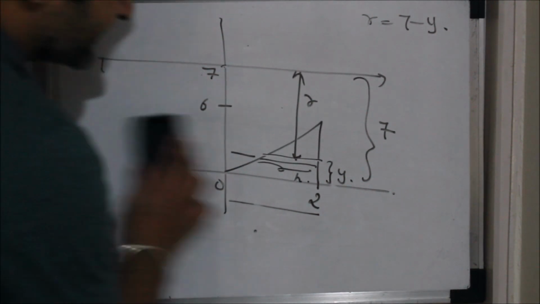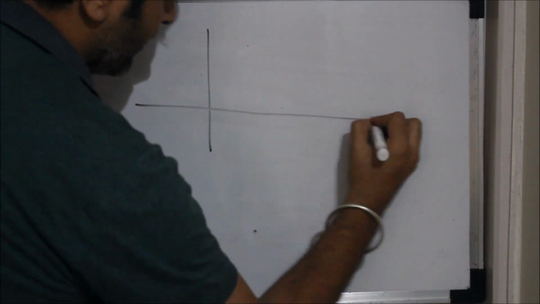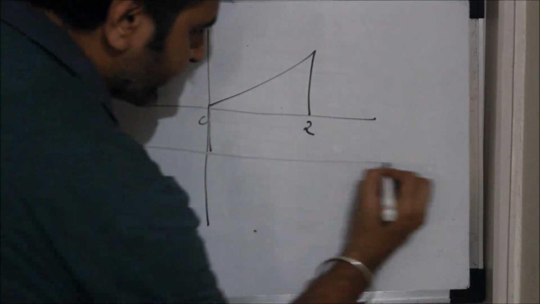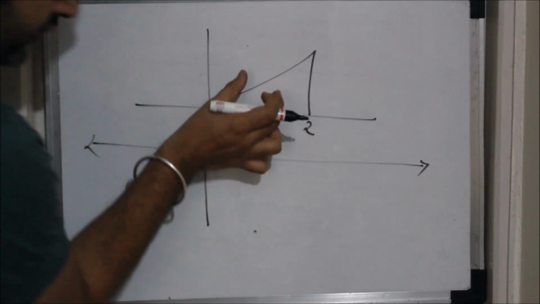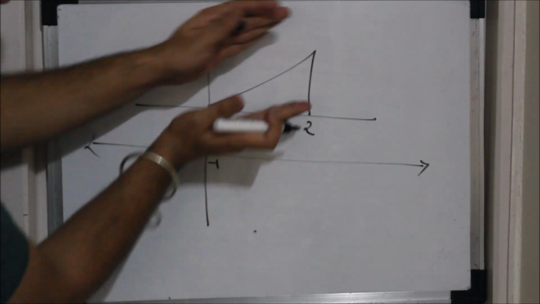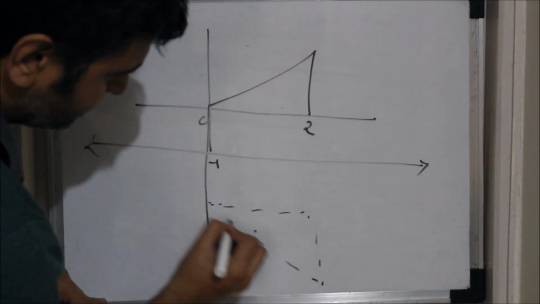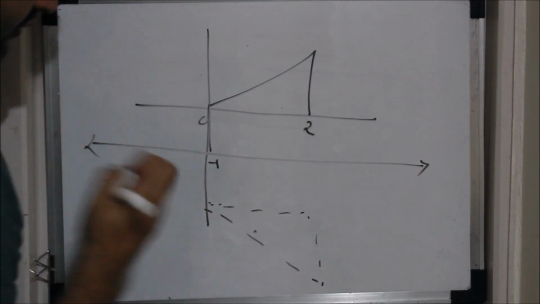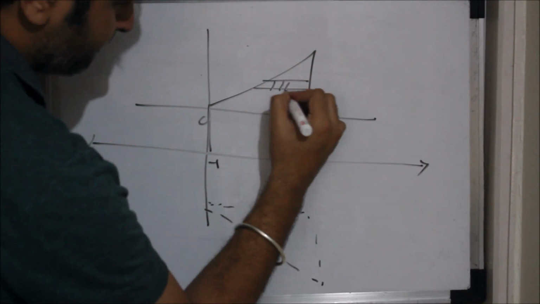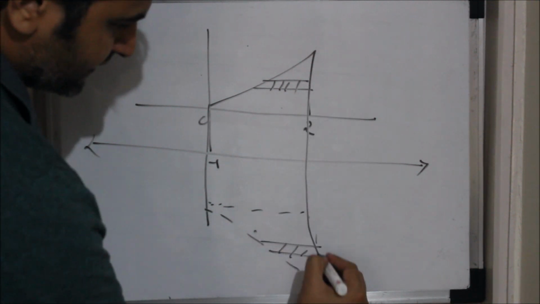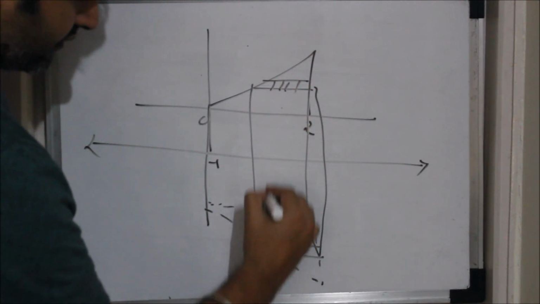And now let's go for the last case. What was our last case? Our last case was y equal to minus 1. So this was the triangle 2, 0, and now I have to revolve along y equal to minus 1. I have to revolve this triangle over here. So this is the triangle which is revolving like this. This was the strip over here, and that's how you are revolving. This is the shell you are getting over here.